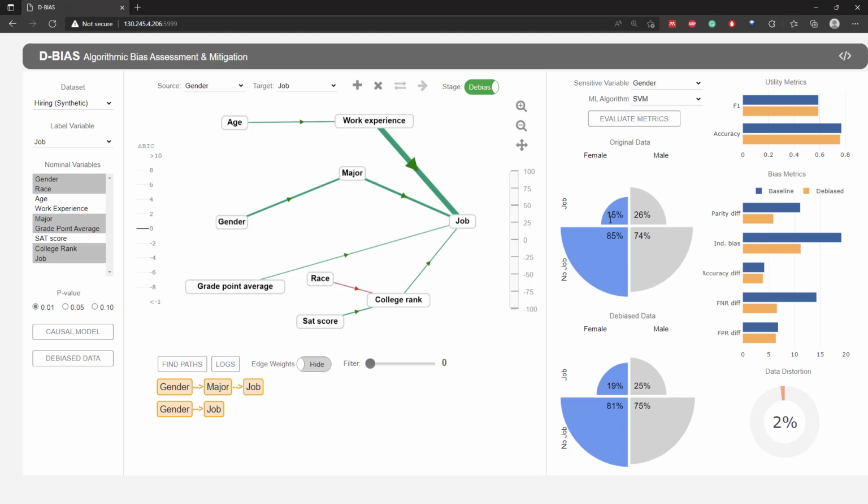Here we can see that there were 15% females who got the job in the original data set and they have now been increased to 19%. Similarly, the males have come down by 1% and the overall gap, which was 11% here, has now come down to 6%. And it has also caused 2% data distortion, and most of the bias metrics are better or at least kind of same, and utility metrics are also kind of virtually the same basically. So it's good. Next, now we can just stop here and use the current debiased data set, or we can